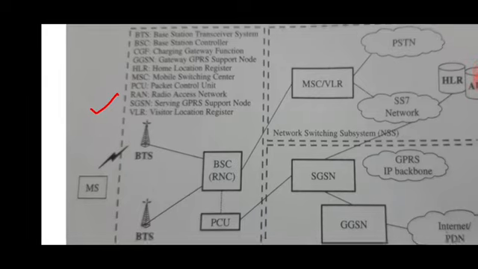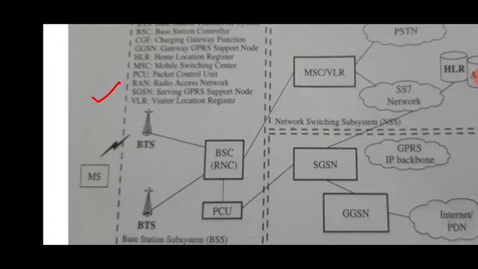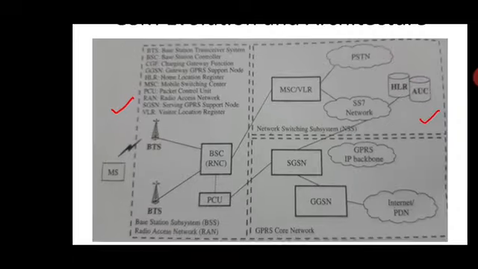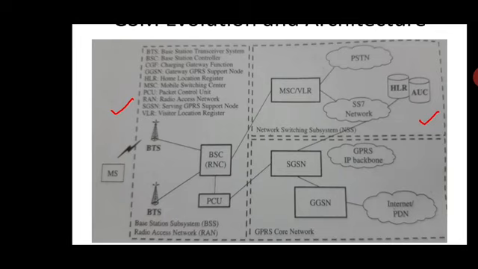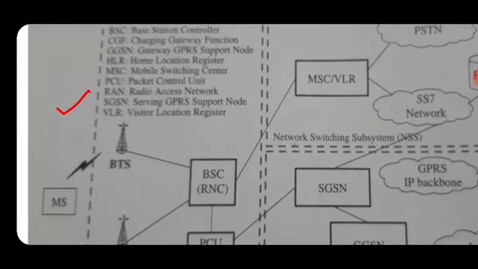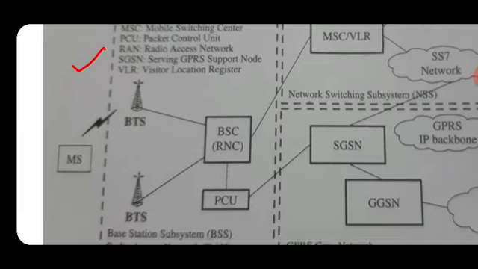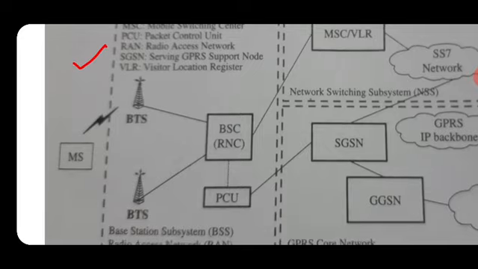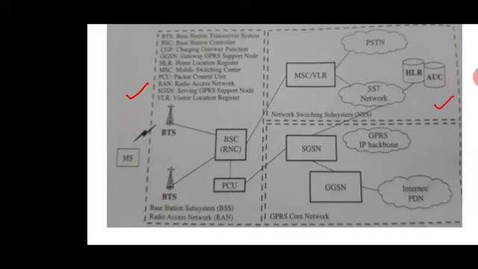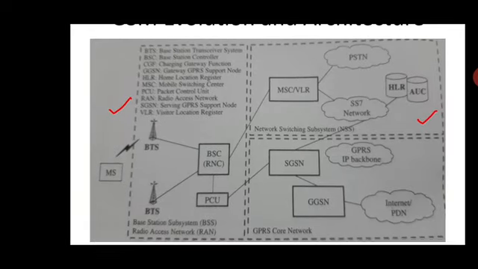There are n number of BTSs around the globe, or around the location where you are. Now n number of BTSs are connected to a BSC, which we call the base station controller, also called RNC. I hope you can see the nomenclature I am using here. This is the standard diagram we follow. There is a wireless connection between your mobile phone and the BTS, and a wired connection between the BTS and the BSC.